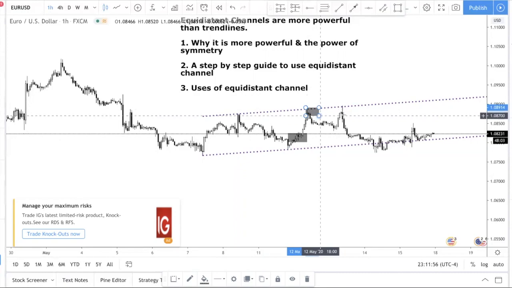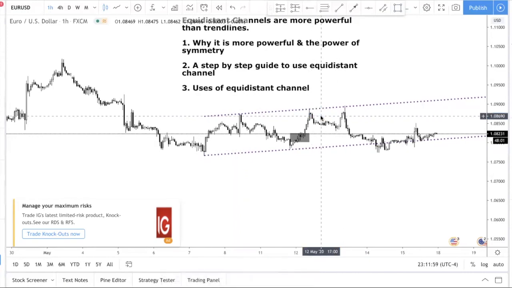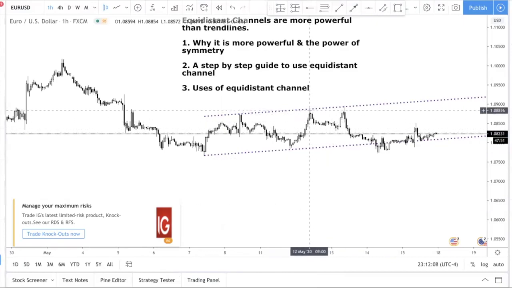The other way that you can use it is as an entry level. Now, before I carry on, I want to make a disclaimer. The meaning of entry level, I don't mean to just blindly enter here, but you still need to have a trading system in play. You still need to have a strategy in play when you are trading. You don't want to mindlessly enter the trade without any trading plan. You want to have a trading plan that you know works and look for the levels and then